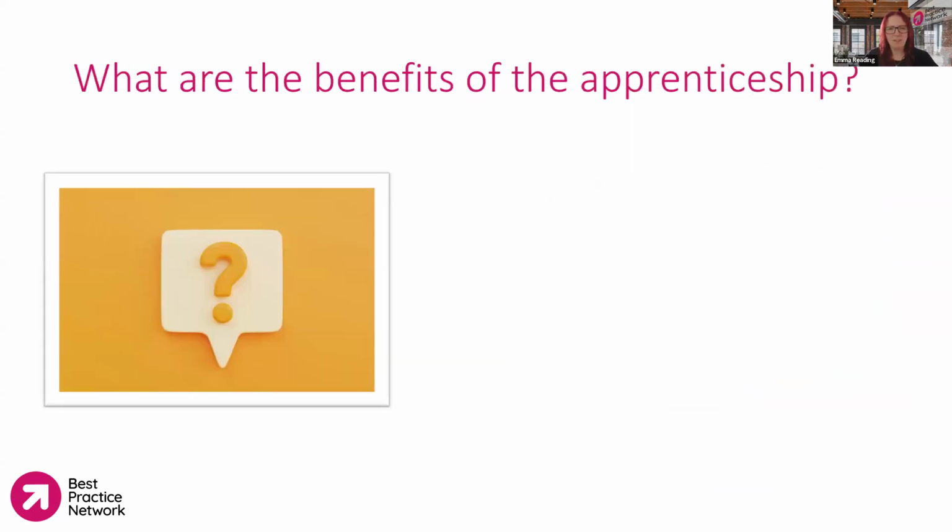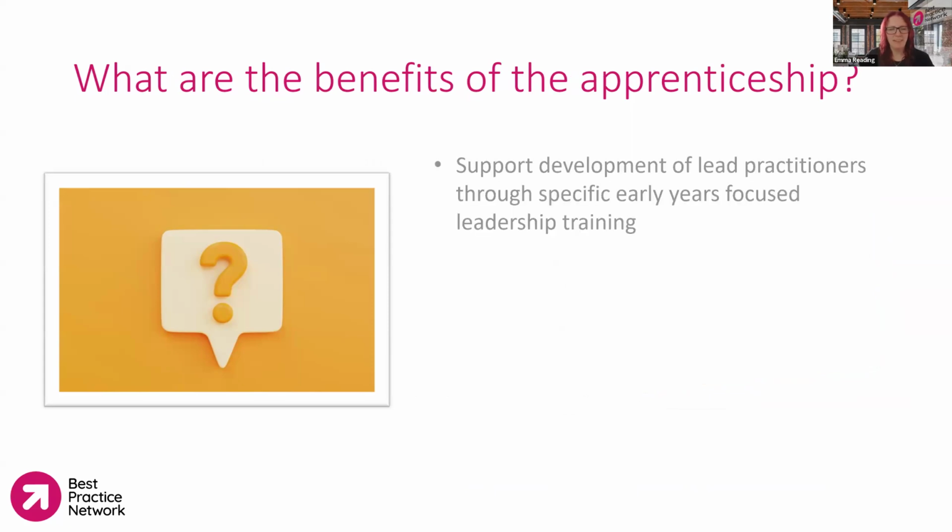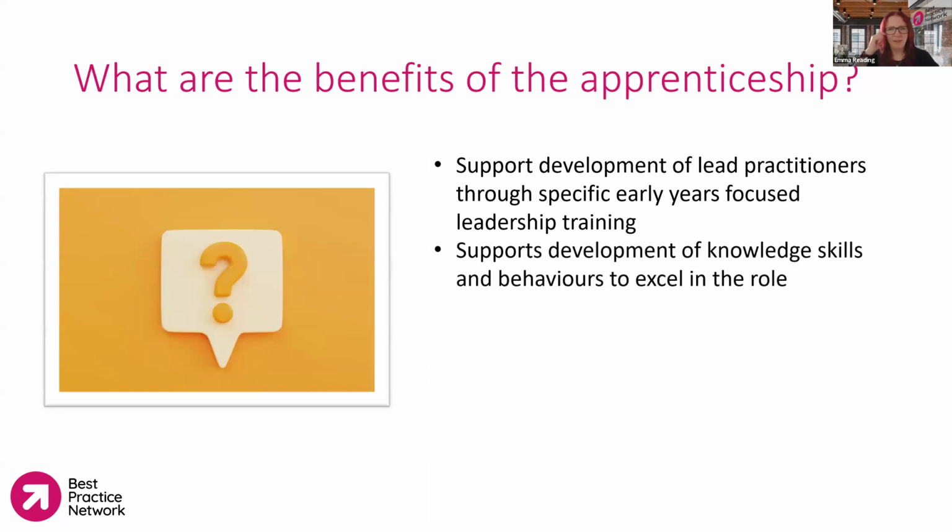So what are the benefits of completing this apprenticeship? First of all, it supports development of lead practitioners through specific early years focused leadership training. So having the benefit of not just the management and leadership training, but having that early years focused leadership training is a real benefit. It supports development of knowledge, skills, and behaviours to be able to really excel in your